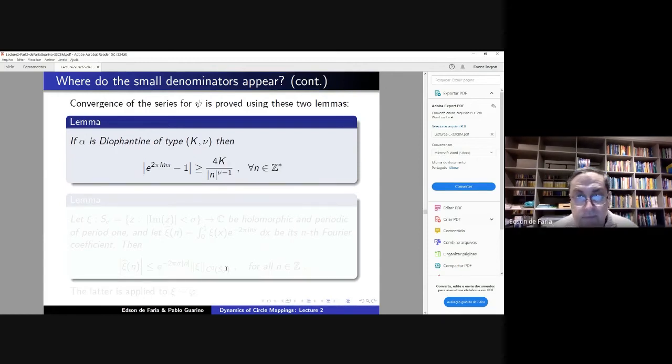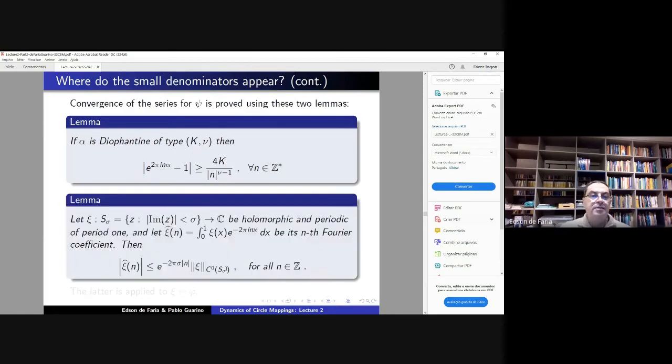All right. So if you plug this information in the equation for psi, you already see that these numbers, absolute value of n raised to the power nu minus 1, are going to be in the numerator. They're going to go up, and they're getting big, right? Because you're letting n go to infinity on both sides. So potentially you have problems there. However, this is mollified in some sense by this second estimate.